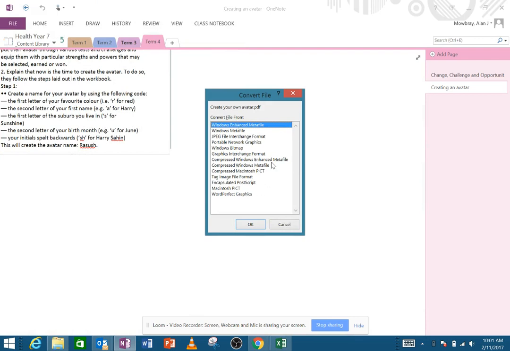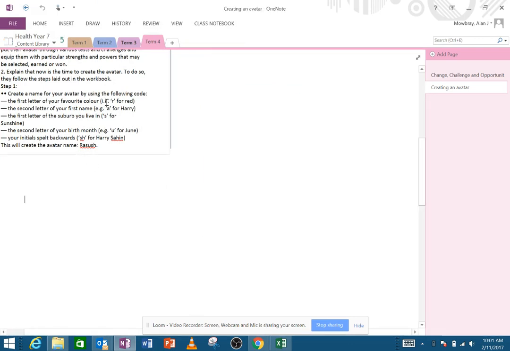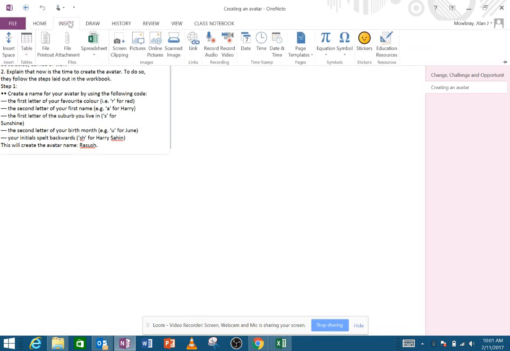This is saying how would you like to insert it if you were inserting this PDF and turn it into an image. But knowing I'm going to insert a PDF now, I want to insert something different. I'm going to insert a file printout instead. So I'll just show you what that does. First of all,